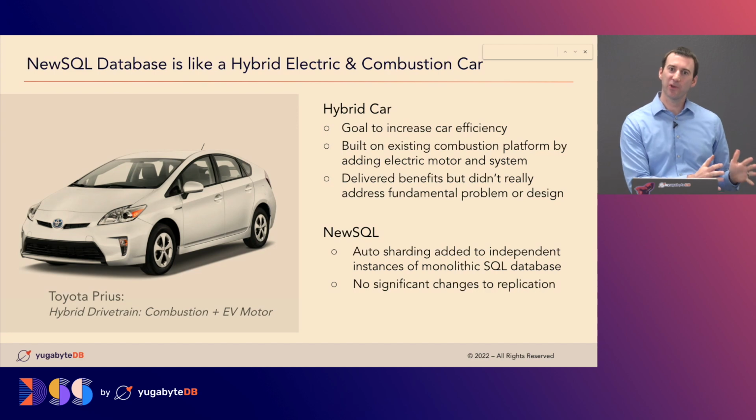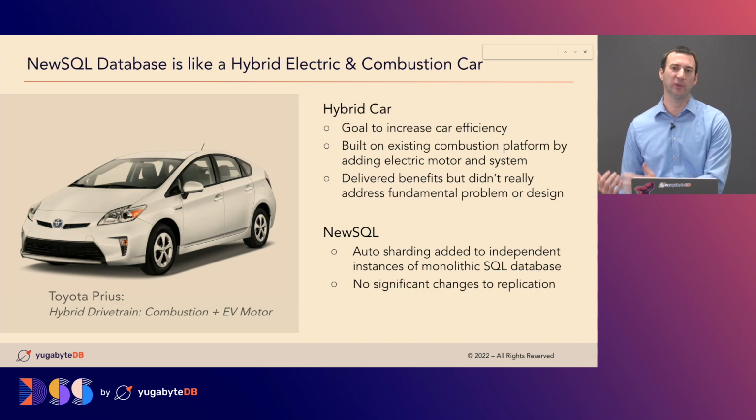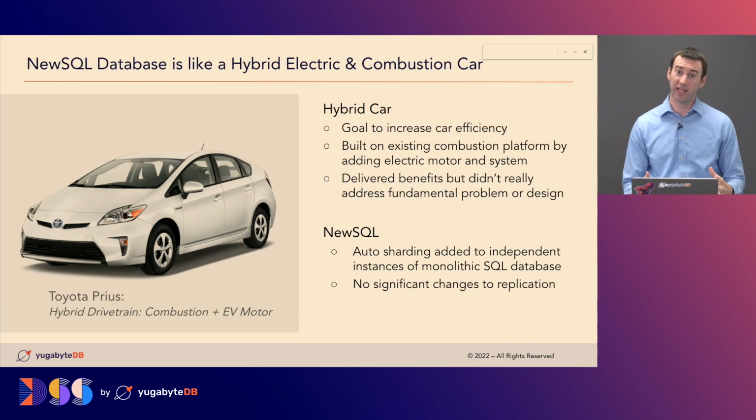Clicking into the first one then, this hybrid model of the Prius. Again, the ultimate goal is to increase car efficiency, and they absolutely did that. They took that core combustion engine, combined that electric motor, and saw tremendous improvements by getting that assist. The batteries in the Prius would recharge using the motion of the combustion engine as it went, and again, it was able to maintain high levels of efficiency.